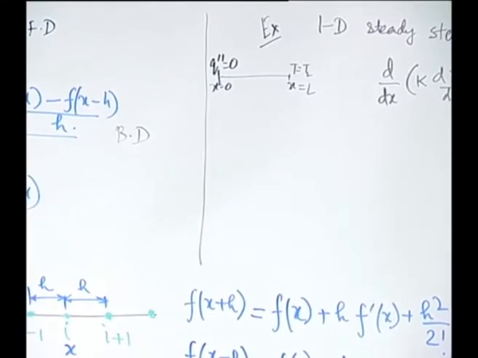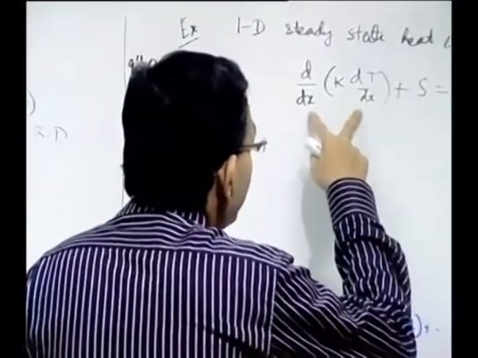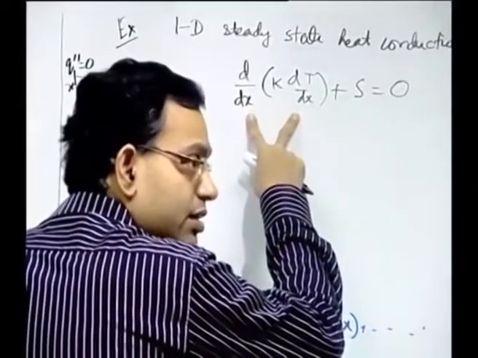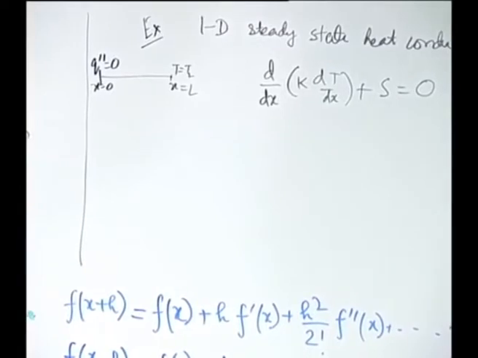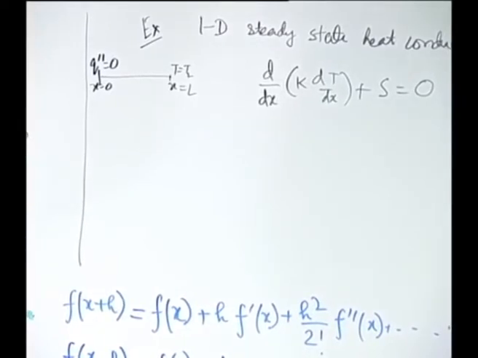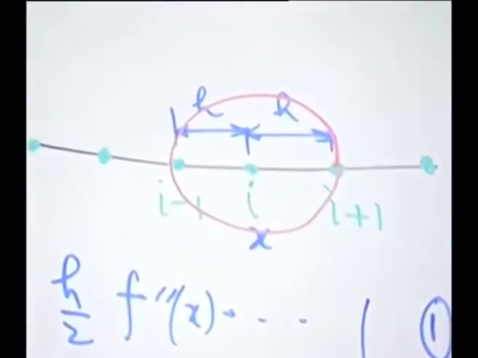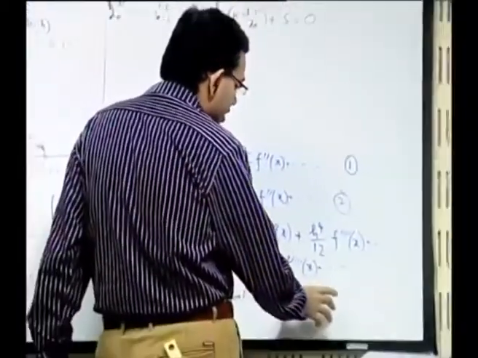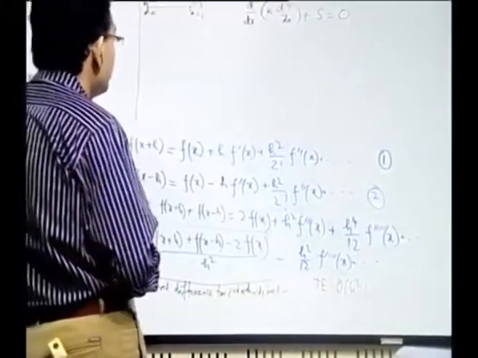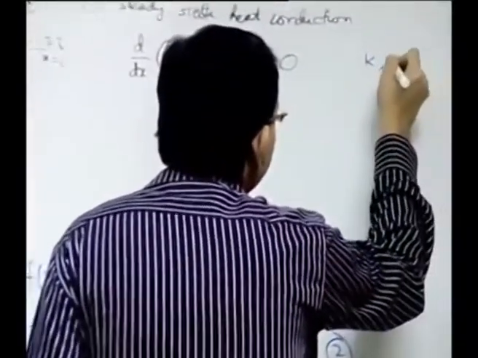So now let us write the corresponding derivative in terms of a difference quantity and see how the corresponding finite difference looks like. If you express it in terms of a difference quantity, you of course are free to choose forward difference, backward difference, central difference, whatever formula you are interested in. The central difference is a good one because its error is of the order of h square. Now, if you use the central difference formula, our assumption is k and s both are constants.